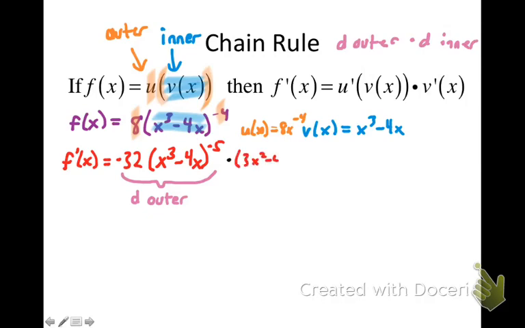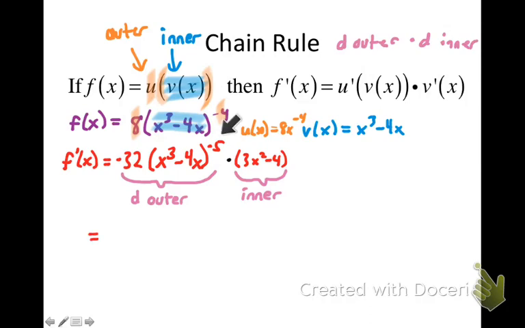So we did the derivative of the outer function with respect to the inner function, just meaning that you keep the inner function inside the parentheses in this case. And then we multiplied that by the derivative of the inner function, which was 3x squared minus 4. And if there's any simplifying that can be done, generally you do it. In this case, we're not necessarily going to simplify, but we will make this look a little bit neater